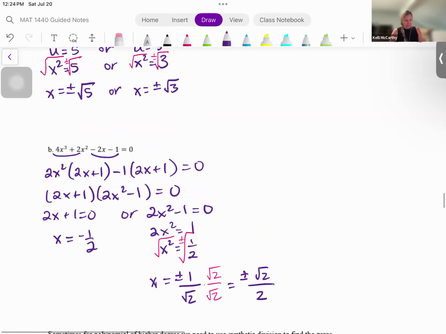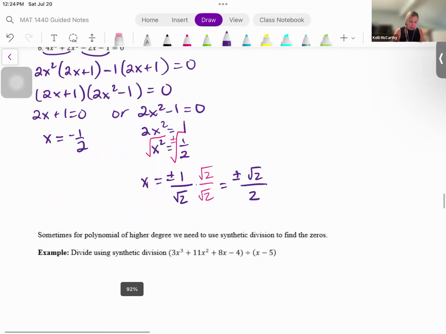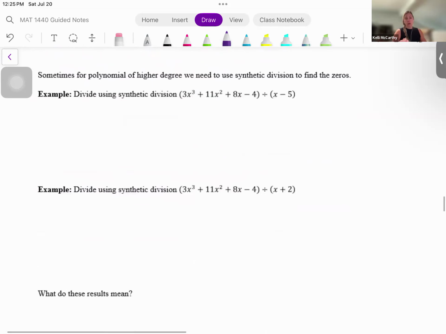So these are some examples where factoring a polynomial that's more than degree 2 is pretty straightforward, but that's not always the case. So if we have a polynomial of higher degree that we can't factor using one of those two techniques, we use what's called synthetic division to find some zeros. So let's do a quick review of synthetic division. We want to divide the polynomial 3x cubed plus 11x squared plus 8x minus 4